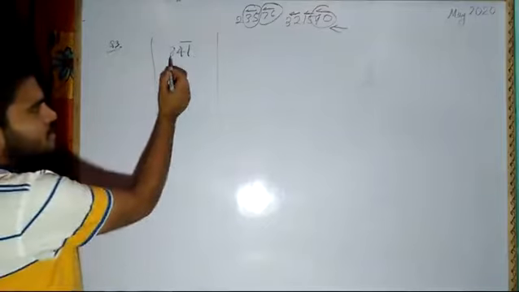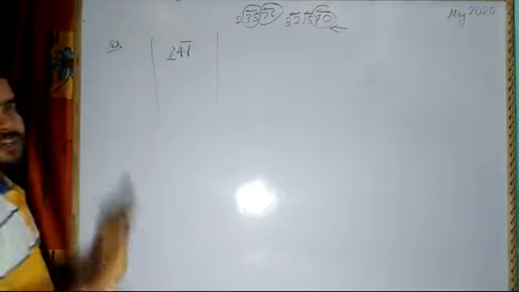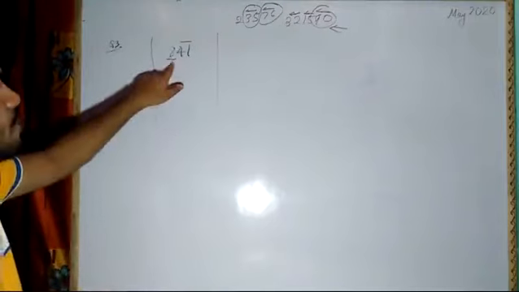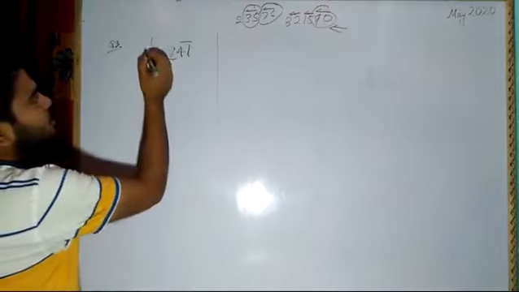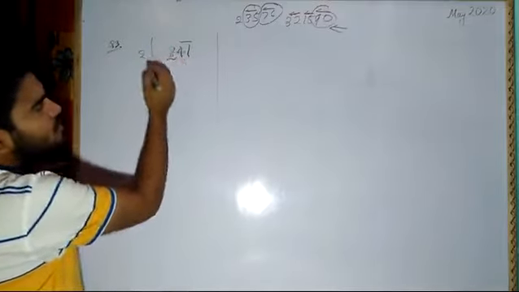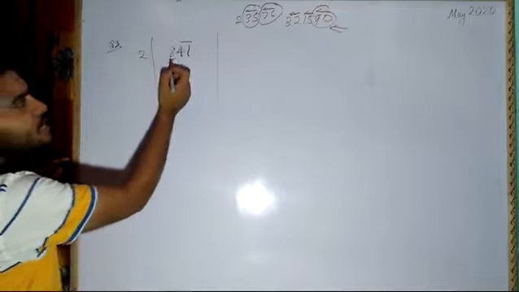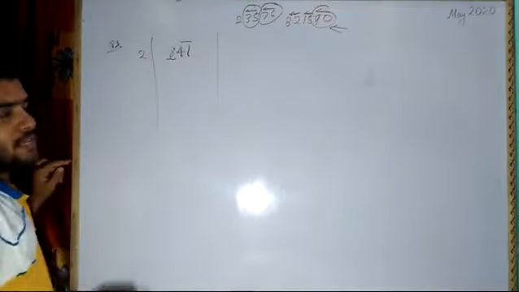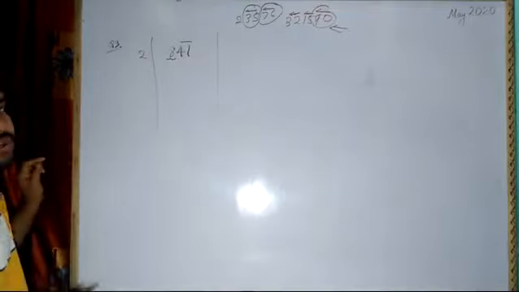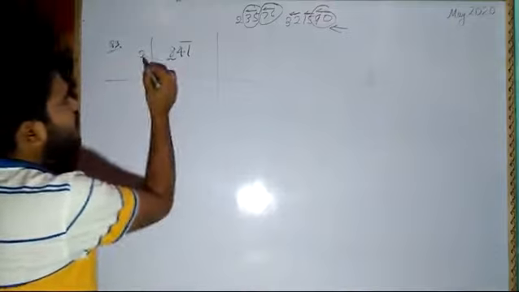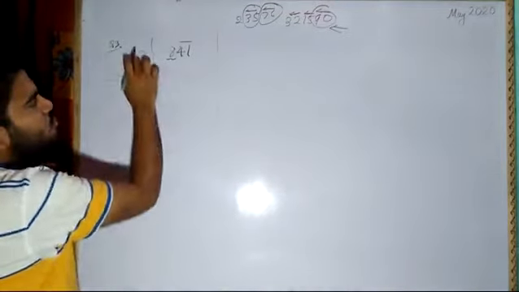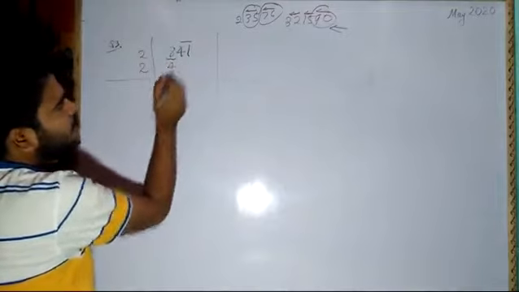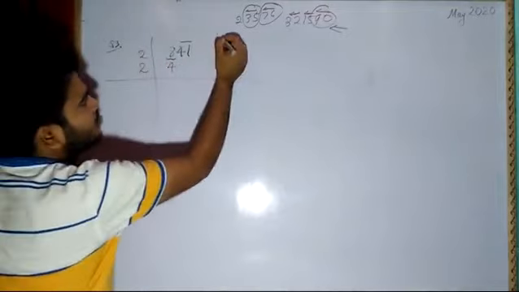What is the nearest? This 8 is not a perfect square. So the number which is near to this should be a perfect square. It will be like 2 2s are 4, 3 3s are 9. 9 will exceed this 8, so we cannot take 3 as a perfect square. So I will be taking 2. Now if I have taken 2, then I have to put here again 2. Then with this 2, 2 2s are 4, I will multiply and write here. This 2 again I will copy.